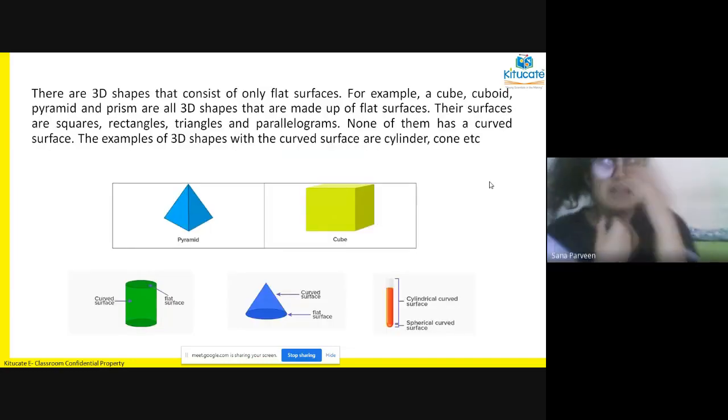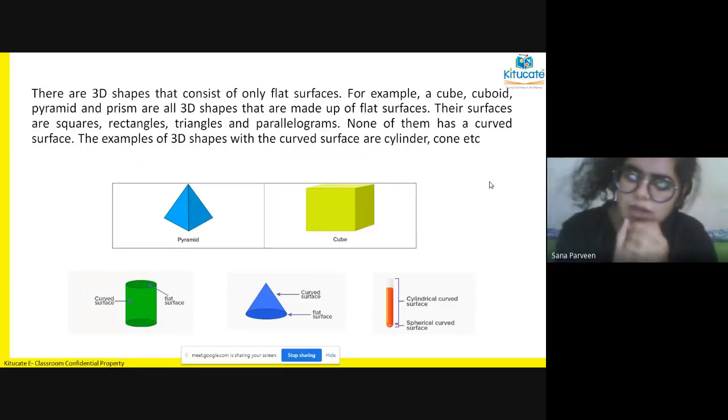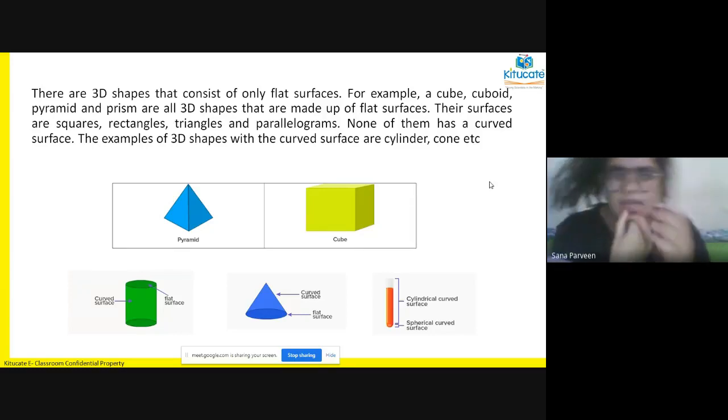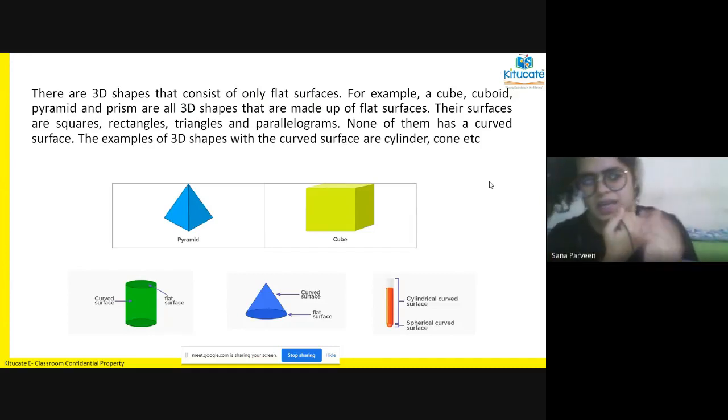Okay, the discussion that we just had was only about 2D. Now what about three-dimensional structures? The 3D structures can be put into two groups. As we were talking about 2D having either plane surface or curved surface, now we move to 3D. Again, 3D is going to have what? Classification grouped into two. The first one is going to be plane surface. Okay, 3D structure with plane surface, and 3D structure with curved surface.